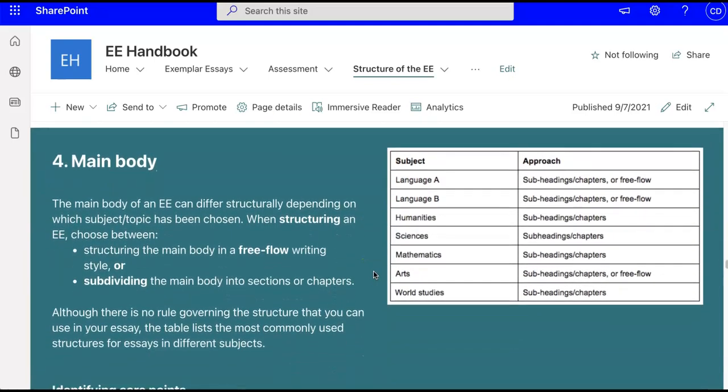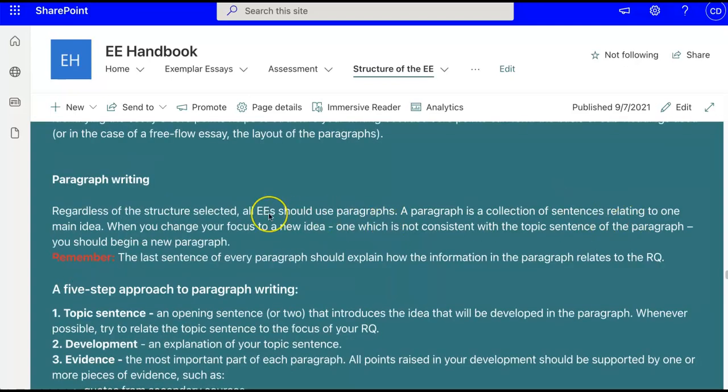Now moving on to the main body. For most subjects, it's appropriate to use subheadings, and I think that's very useful because rather than just having big blocks of text with no subheadings, it's very useful for the reader to be able to look at subheadings to know what the purpose of each section is. Okay, it's very important to